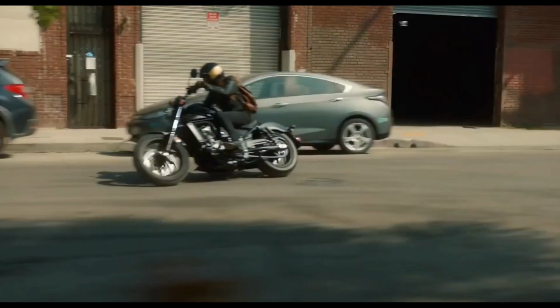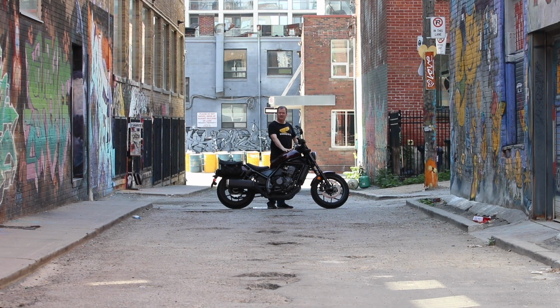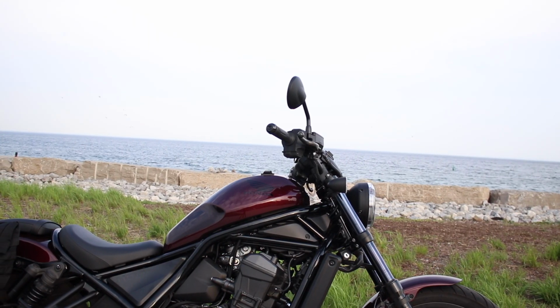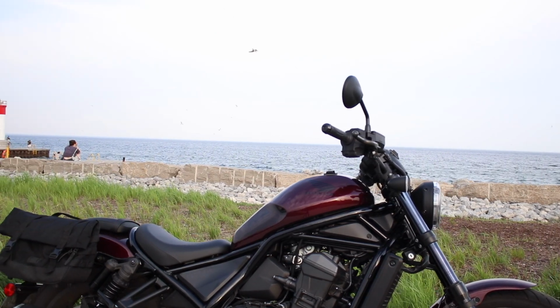Here it is, the brand new Rebel 1100 from Honda. New 1100 motor, new bobber frame, new cool look, new great performance. What? Wait! Is it new? You see, although it is new for 2021, it's kind of not. And here's why. The original Rebel...